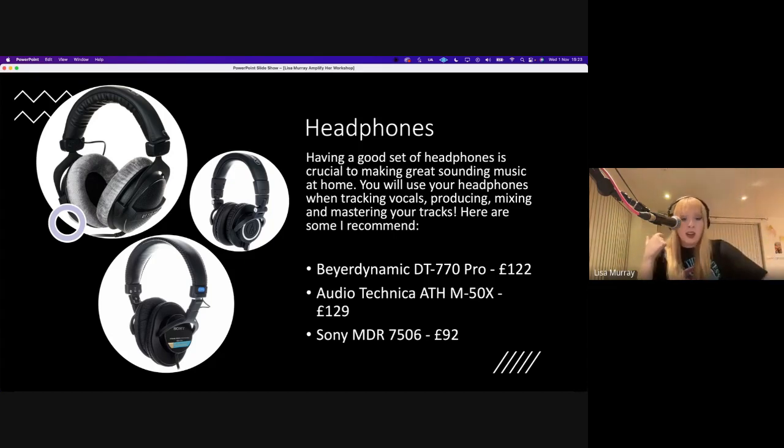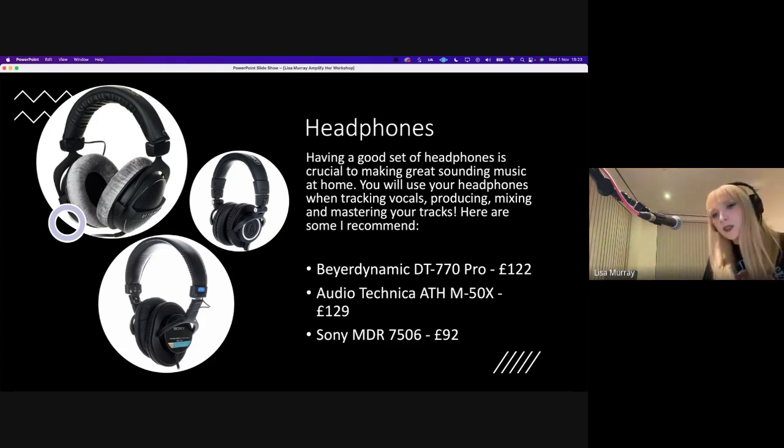I love these. These are my first pair of headphones. I have much more, actually. I have these super expensive, like £1,000 headphones from work at Sony. And I wouldn't use these for tracking. They're more for mixing or mastering. I wouldn't use them for tracking because they're very heavy. When it comes to tracking vocals or just getting ideas down, I love these. They're super light. You can wear them for ages. And they sound great too.